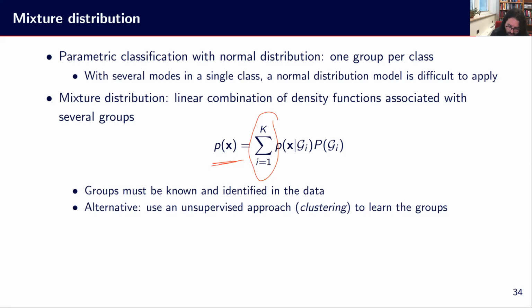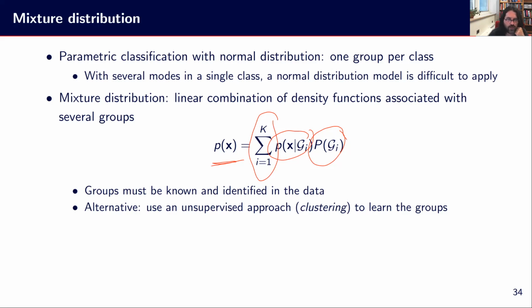And we have here the density function for group Gi. So Gi is group i. And this is the function describing how values are distributed in that group times the prior of Gi. So it's basically how much do we get from samples from Gi in the whole